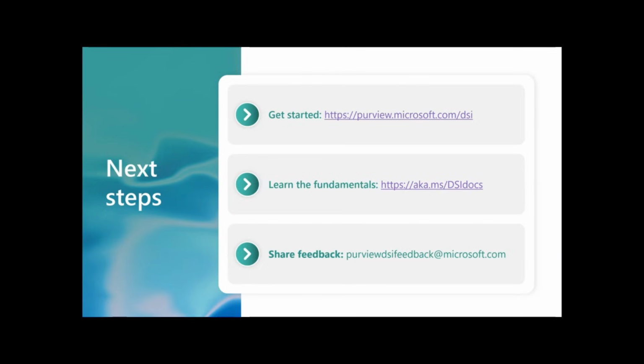Is there any guidance or best practices for calming the residual fear legal and or human resource departments have about the visibility Purview DSI provides to technical teams? For example, we are adding a confidentiality policy for Purview DSI administrators.